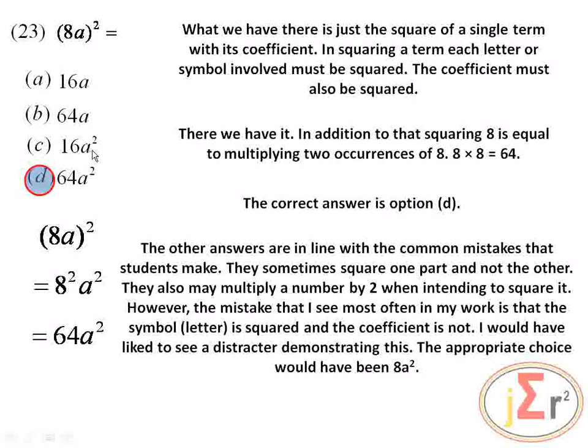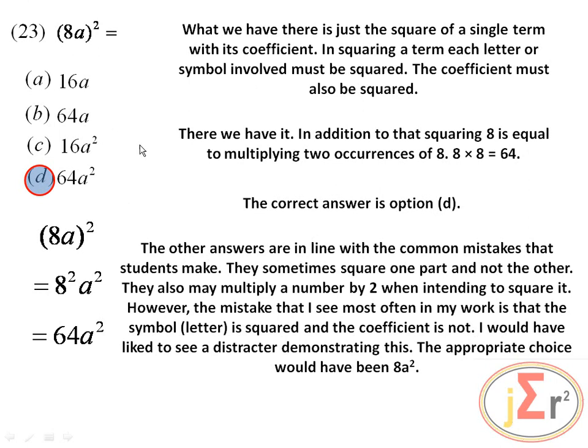So that's another one. However, the mistake that I see most often in my work is that the symbol or letter is squared and the coefficient is not. I would have liked to see a distractor demonstrating this. The appropriate choice would have been 8a squared. We do not have 8a squared here. I'm just suggesting that that would have been a very good choice as a distractor, because in my work, the most common mistake that students make with this particular problem is that they square the a